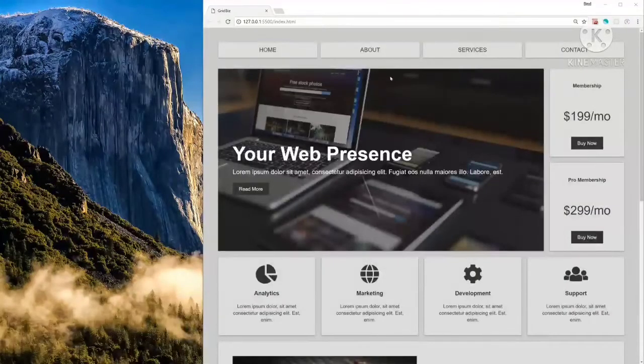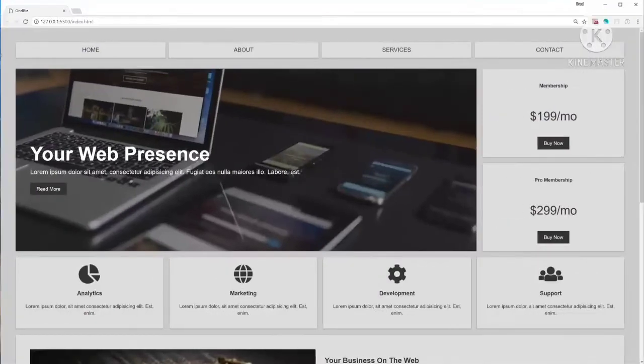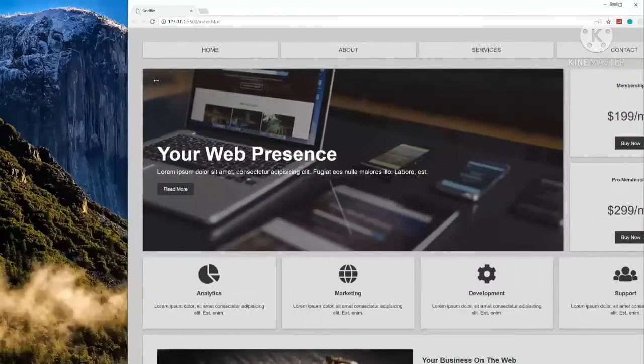Alright, now we're not going to do the inner pages. If you guys want to take it upon yourself and try to create those pages on your own, that would be a really good learning experience. And just to show you the responsiveness of this website, if we go bigger, you'll see that it still looks good. If we go down